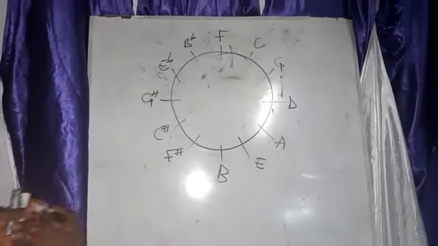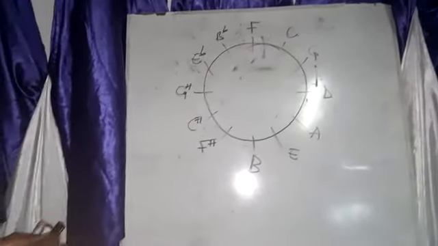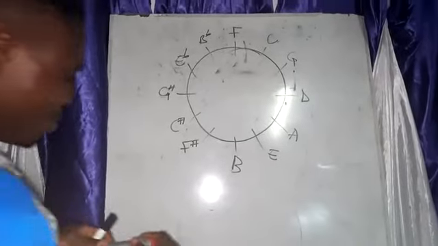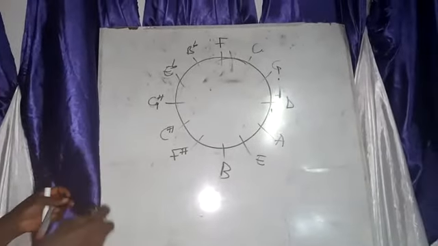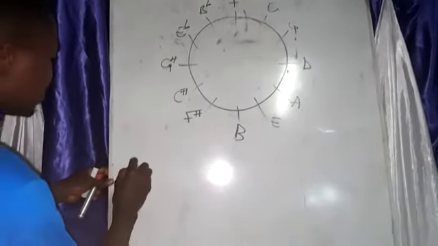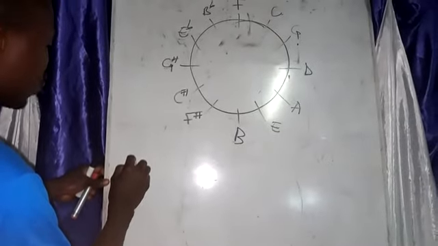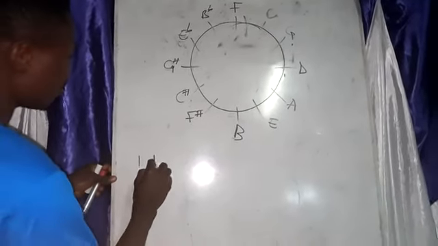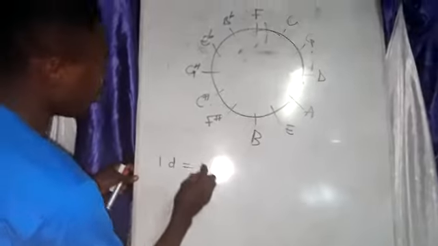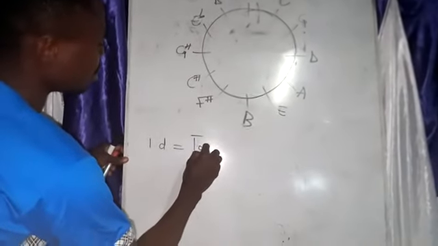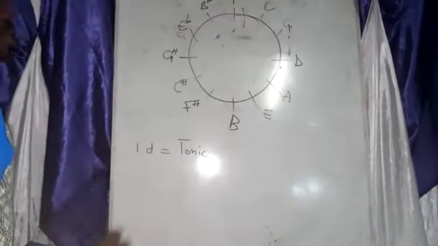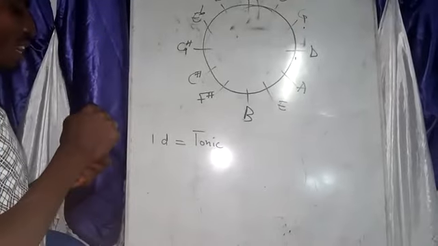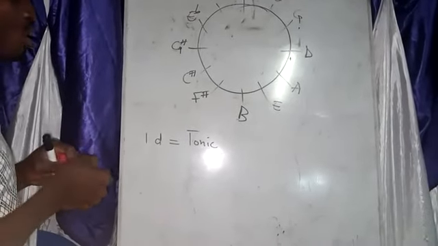Now we have to know the names of the notes that we play on the keyboard. This is the chord family. The first note, 1, which is the Do, as we literally say, is called the tonic. It means it is the tone of the key that you are playing.